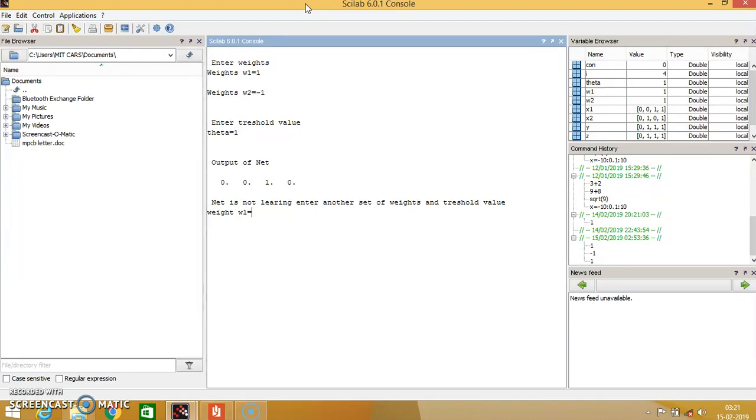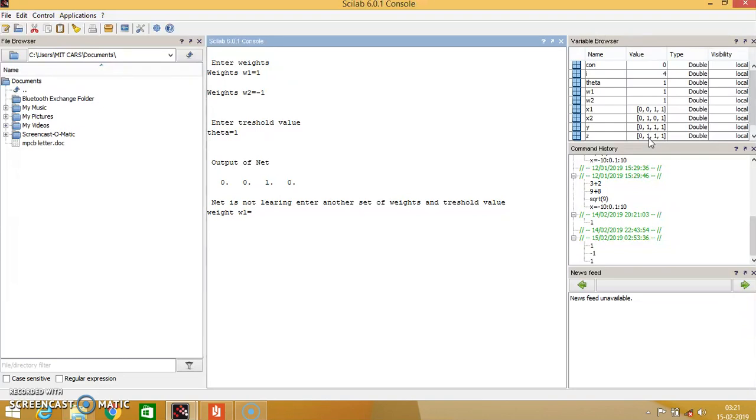Then the output we will get is 0 0 1 0, but our target y has the value 0 1 1 1. So net is not learning, so you have to enter another set of the weights and the threshold value. This is the fault, that the else part of the if condition is executed if the actual output does not match the target output.